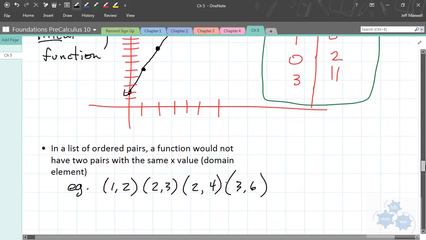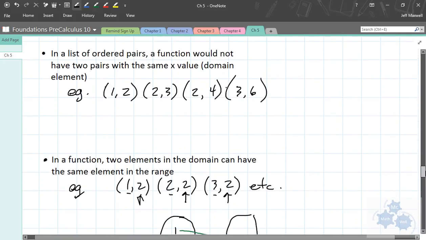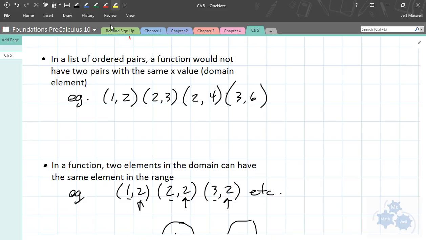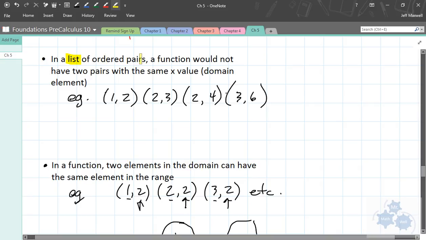Now, how do you tell if something is a function given ordered pairs? So we talked about that as well. If you have a list of ordered pairs, a function would not have two pairs with the same x value. Okay, so if you have a list of points and 2 points end up having the exact same x value